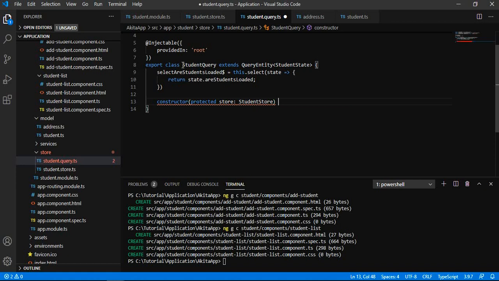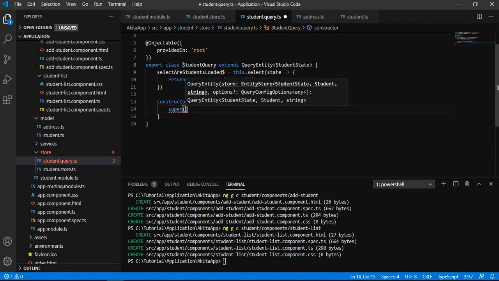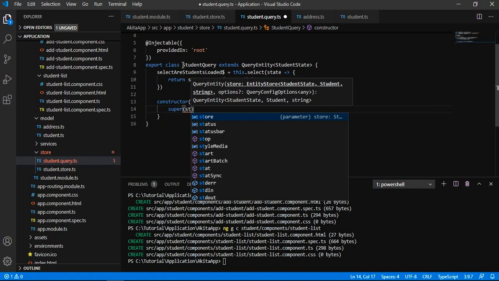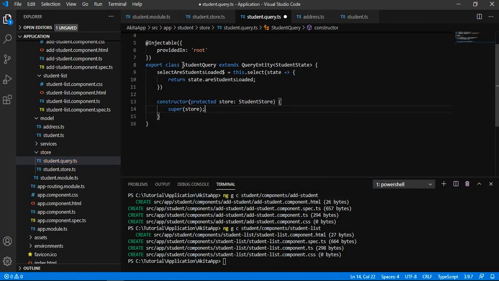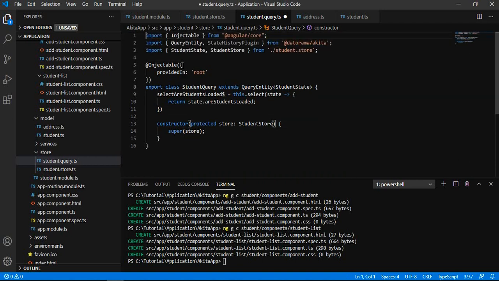We will simply pass the store to the super object. So these are the things that are already imported. This is by mistake that has been added. So till now what we have created the store, we have created the query,